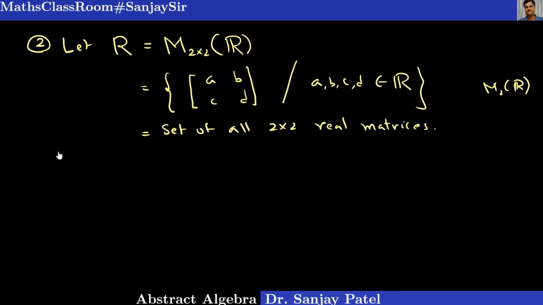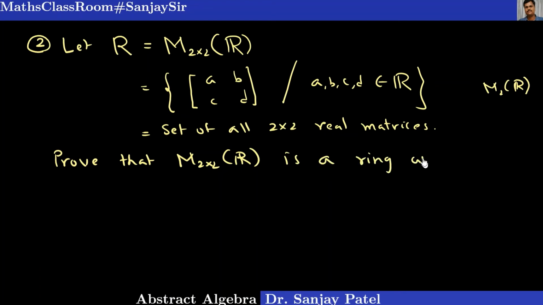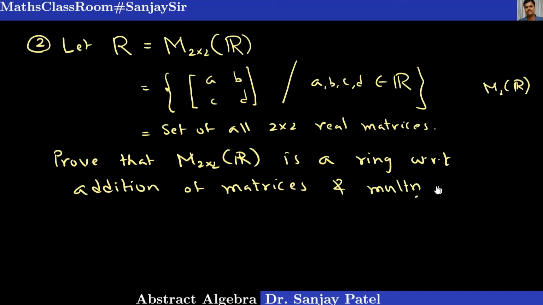Okay, and let me write it this way: prove that the set M 2 cross 2 R is a ring with respect to addition of matrices and multiplication of matrices,